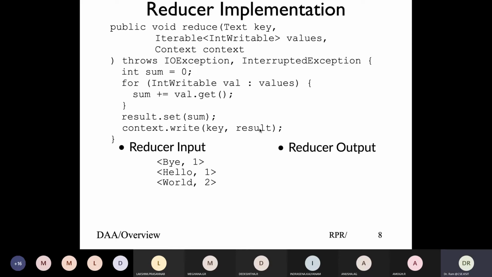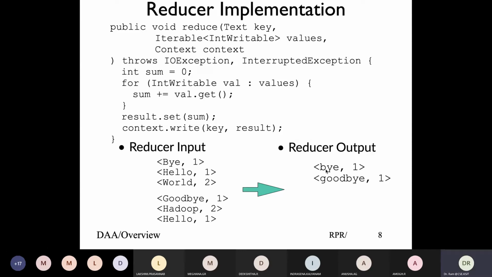So if we look at the input, my first input is bye comma one, and the second input is this. What would my reducer output be with this? Shuffle will make sure that you get all the items in order. So first you would get bye comma one. I have a typo there, it should be a capital B, but leave that for the moment. What would be the next output? Goodbye.